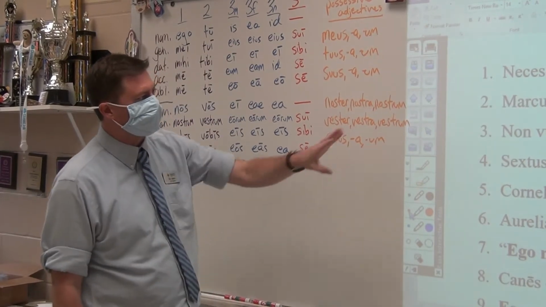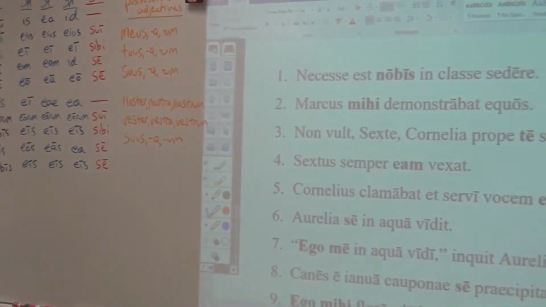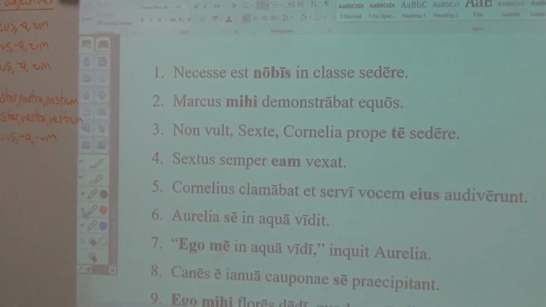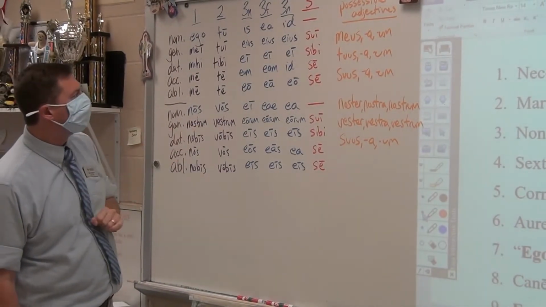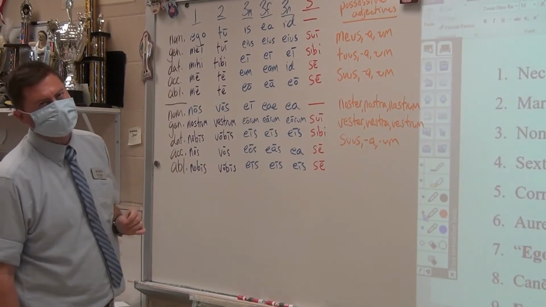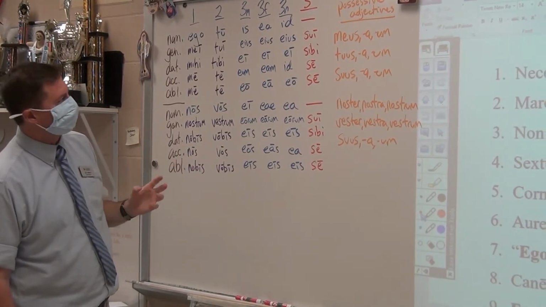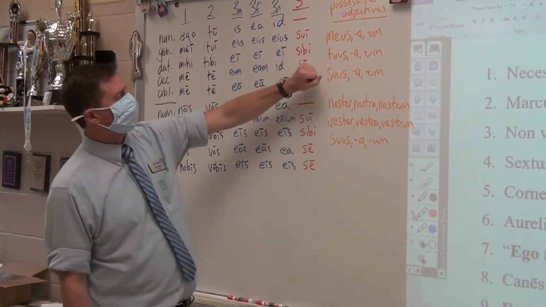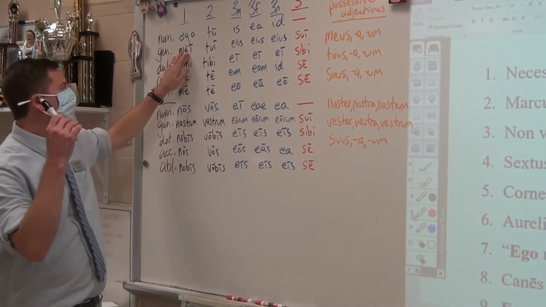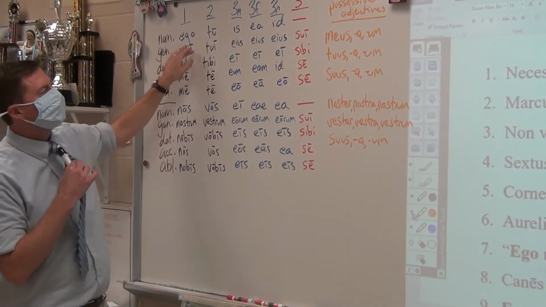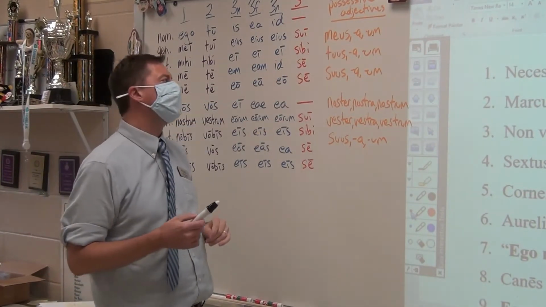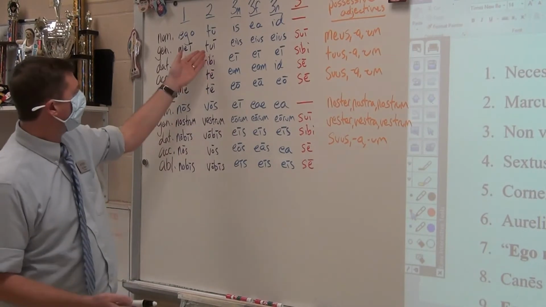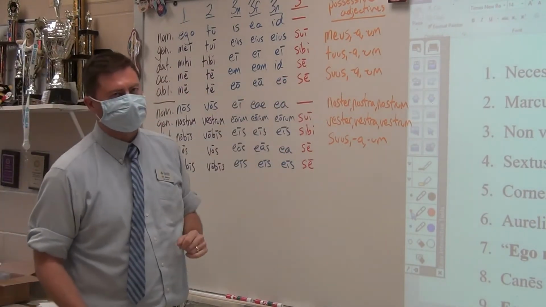Near the end of the forms that are here, we will also point out the possessive adjectives. Mei, tui, nostrum, vestrum are not going to show possession. Instead, to show possession, you use the possessive adjectives. So it is not the tie of me, but rather I would use an adjective and say, my tie. It is not the book of you, but you would use an adjective and say, your book.